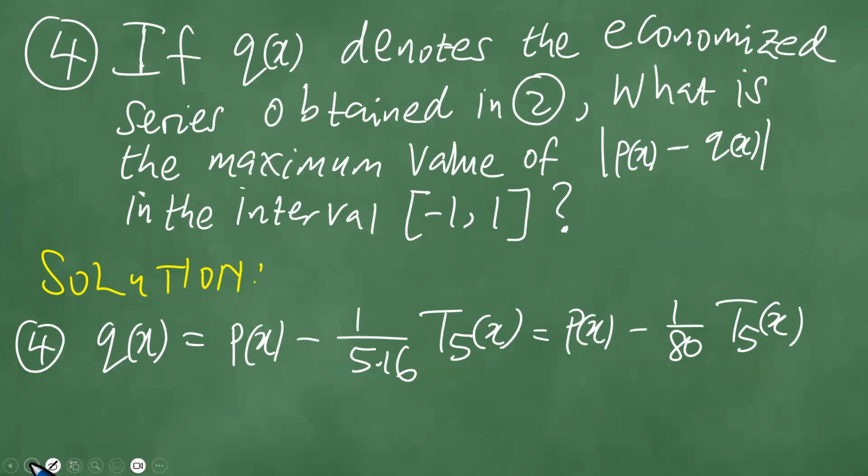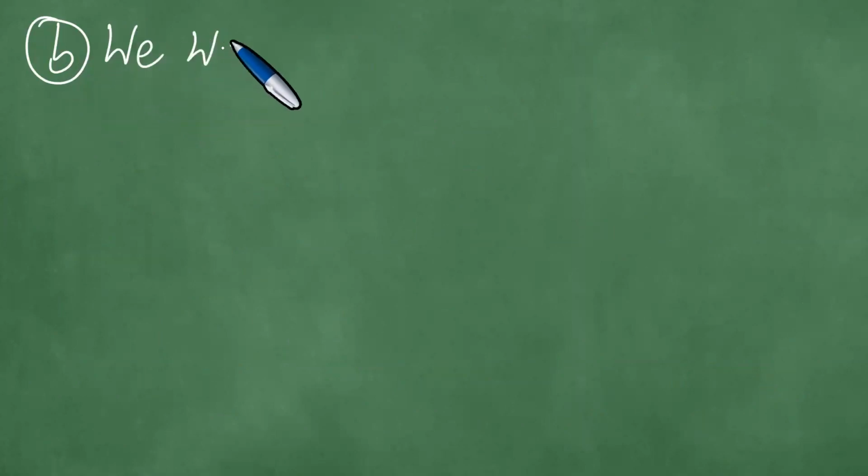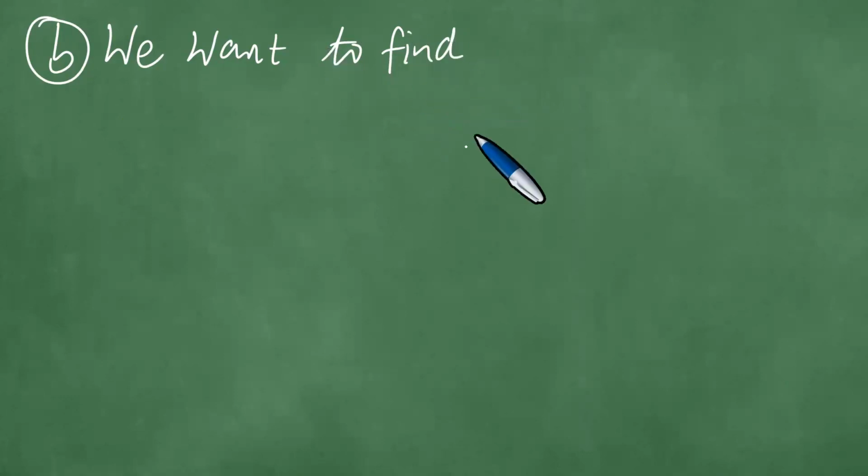Now we look at part B of the question. In part B of the question, what do we want to do? We want to find a Pade approximation